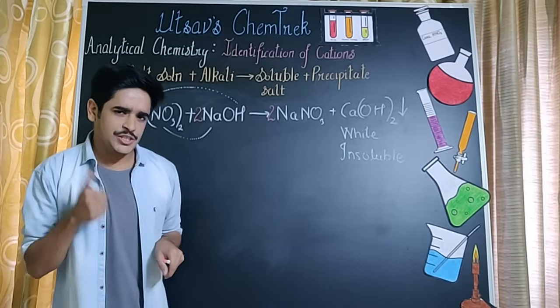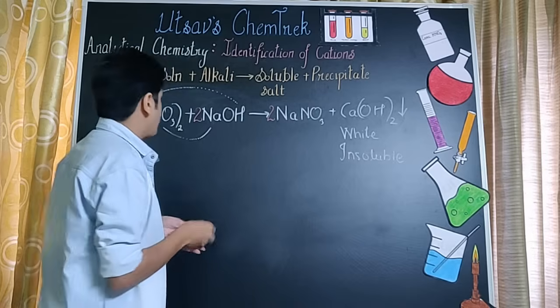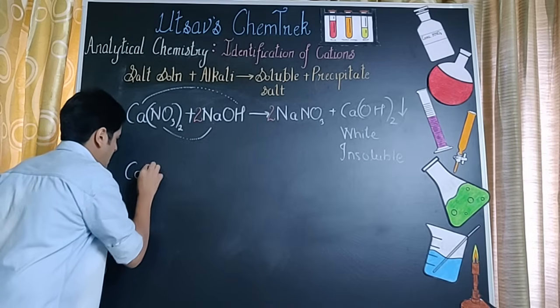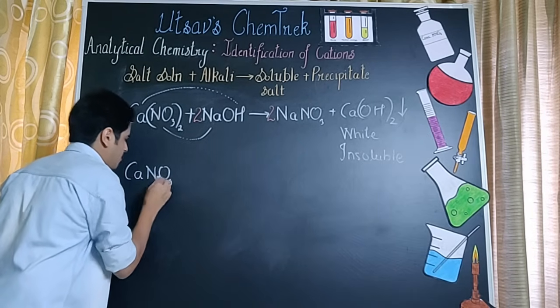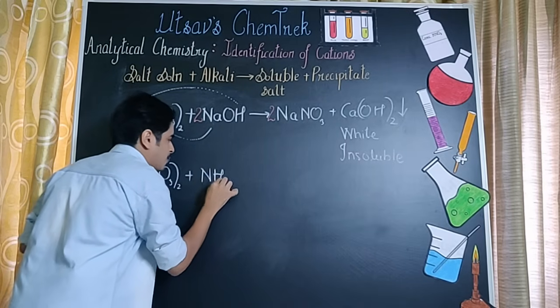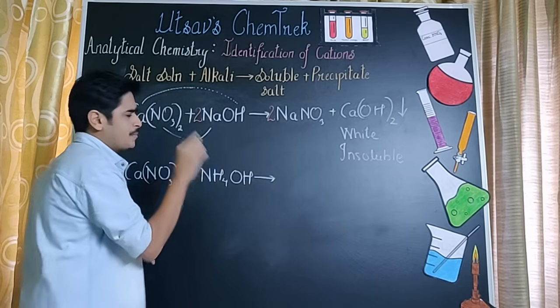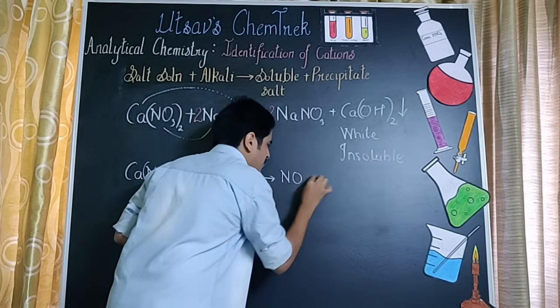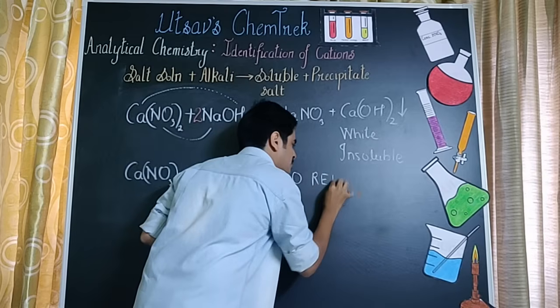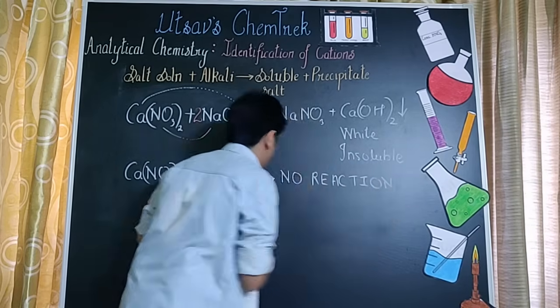Now the second reaction is with respect to something that we call ammonium hydroxide. Let's see what happens. वापस लिखते हैं. We have Ca(NO3)2, which is the formula for calcium nitrate, and we react with ammonium hydroxide, which is given by the formula NH4OH. But यहाँ पे एक प्रॉब्लम है. ये जो रिएक्शन है ना, ये होने वाला ही नहीं है. So therefore I'm writing no reaction over here, and I'll tell you all the reason why.